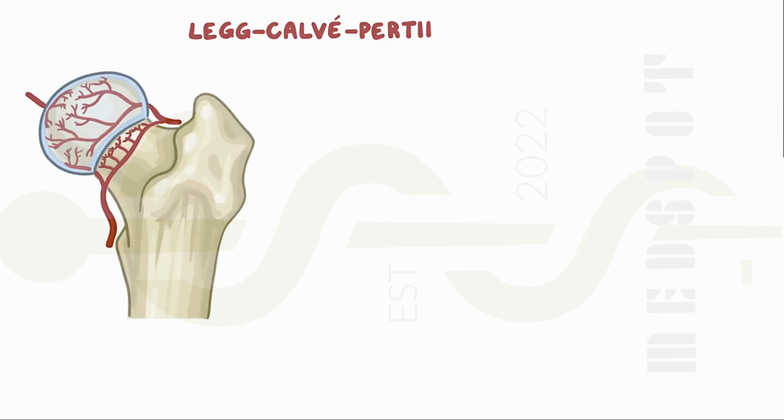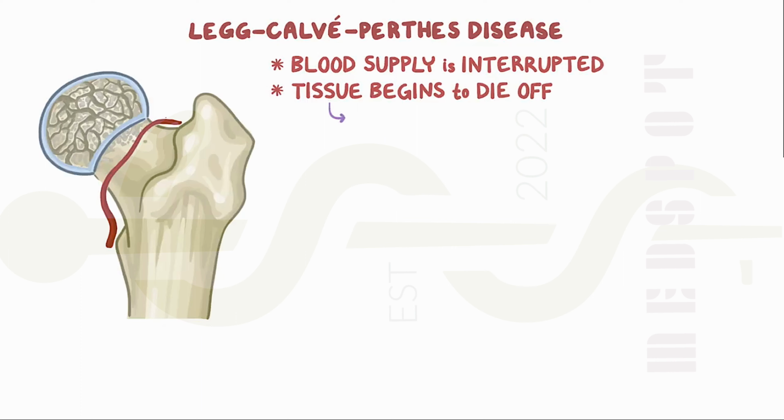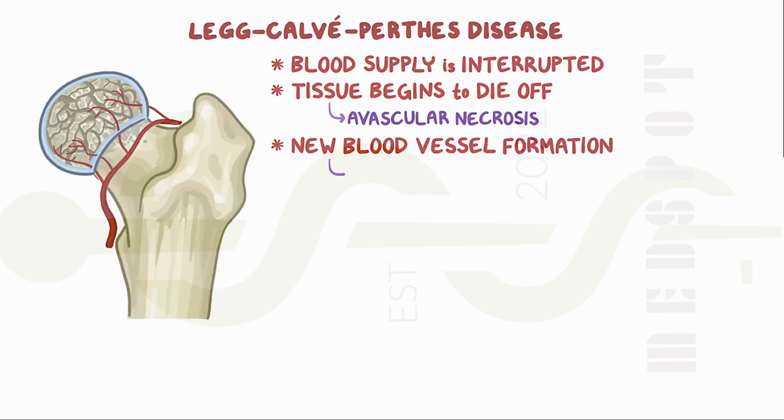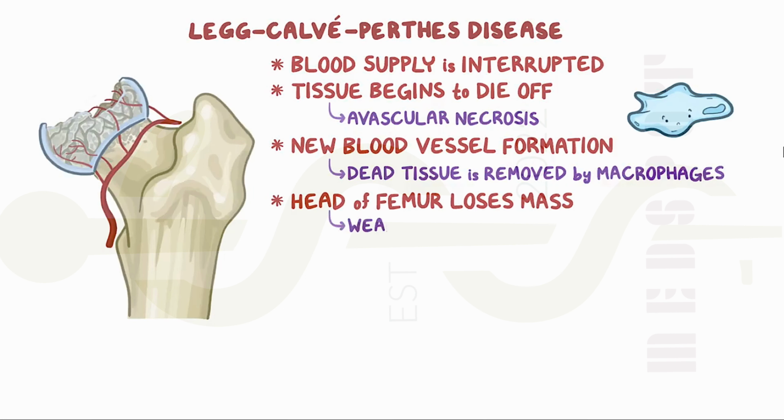In Legg-Calvé-Perthes disease, for some children, the blood supply to the femoral head becomes interrupted for some reason, and it's not known why exactly. The result is that the tissue begins to die off, a process called avascular necrosis. Over time, there's new blood vessel formation into the necrotized bone that allows the dead tissue to get removed by immune cells called macrophages. That process causes the head of the femur to lose mass, leaving it weak and prone